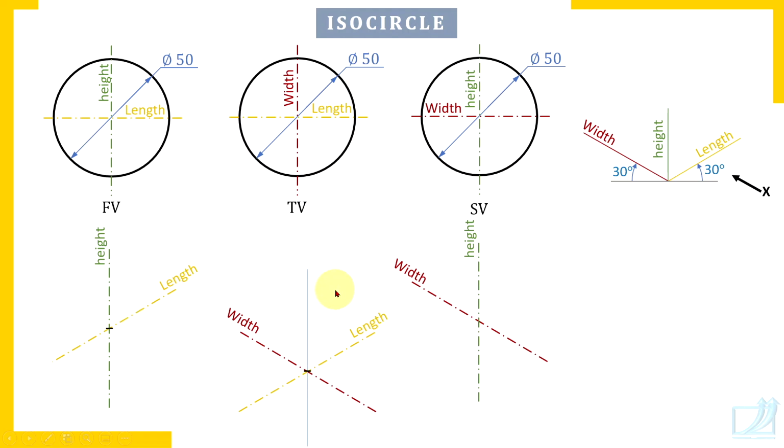And what is the remaining procedure? Try to understand. Check what is the radius. It's 25 here. And from the center, at a distance of 25, you mark the points in this manner. So use a compass, take the radius in the compass, and from the center of the isocircle, mark 4 points at a distance of 25 on each side along the center line. Try to understand once again. So this is how you take radius 25 and mark points at a distance of 25 on these center lines from the center of the isocircle. Once again listen here.